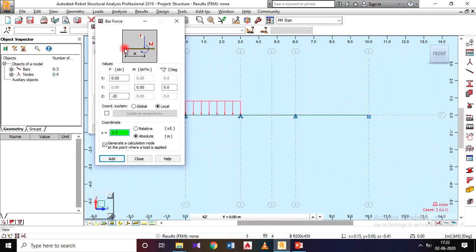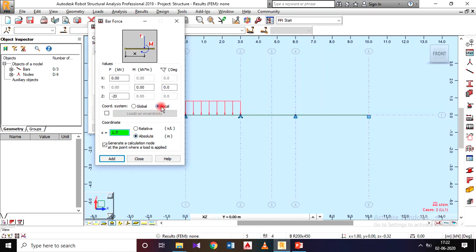The X value is 1.7, and it should be absolute, means it should be in meters. Keep it in your mind. The point force F value is 20, minus indicates going downward, the unit is kilonewton, and the x value is 1.7 because the distance of the point of application is 1.7 meter from the point B, and it should be absolute.